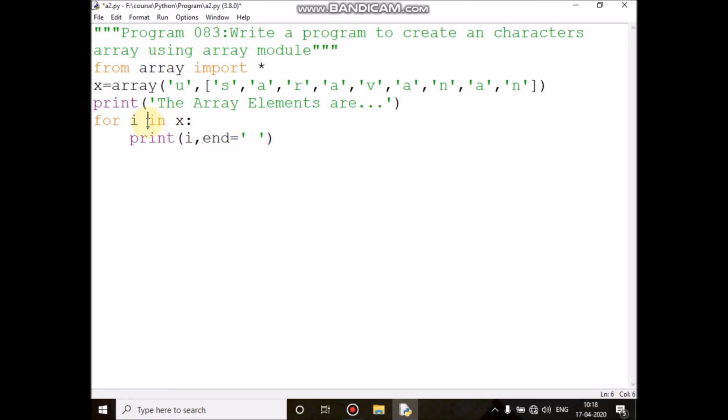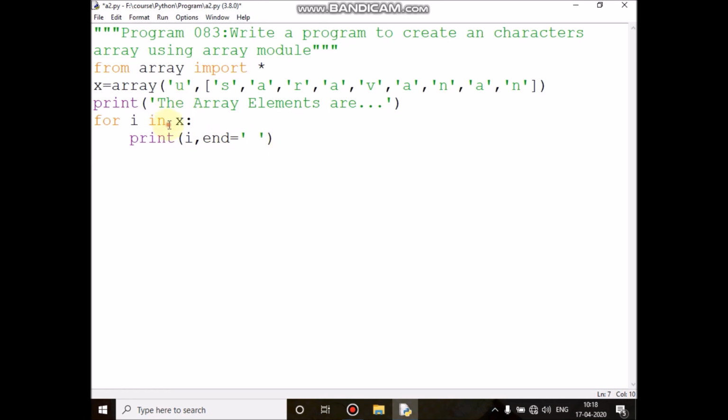Then control comes here, automatically it goes to x of seventh element. I is indicating x of seventh element, it will print, then it will give one blank space, the cursor will be there only. Now i is indicating x of eighth element, then it will print, then it will give one blank space, and after that blank space, the cursor will be there only.